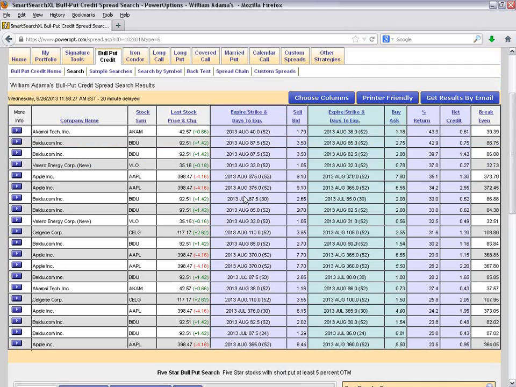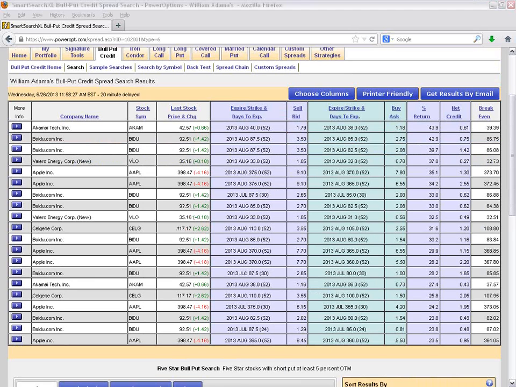Okay, so we have our listed trades here. First one we see for bull put credits, AKAM, Akamai Tech, is currently at 42.57. We're shown that we can sell the August put for $1.79, it's 52 days out, and at the same time buy an August 38. So it's a 2-strike difference. Looks like this one has single strike options for $1.18. So we have a $2 strike difference. We're going to receive a net credit of